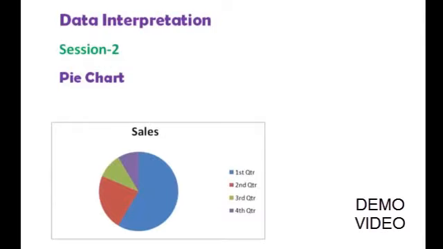Friends, this is our second session for data interpretation. In this session, we will be discussing a set of problems based on pie charts, right? But before we proceed further, I would suggest you revise the basic sessions of percentage, ratio and proportion, averages, and you should be aware of the digital root concept that I have already discussed in my calculation sessions. Unless you are clear with all of these topics, it will be really difficult for you to understand the time saving techniques in data interpretation, right?